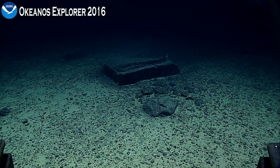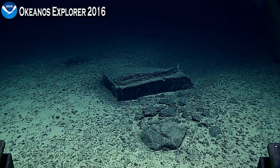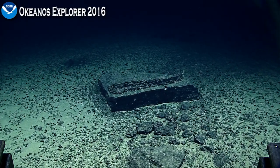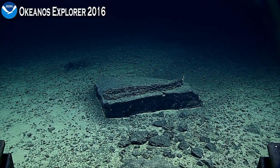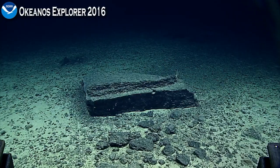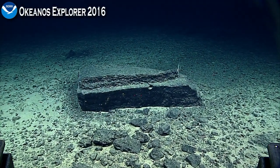Look, it looks like a treasure chest. I don't think it's definitely anthropomorphic, but it is a nicely fractured rock. And wait, what do we have on that? Is that a crinoid? Mhm. Oh, but the surface of it is fascinating. It looks like it has a stair-stepped